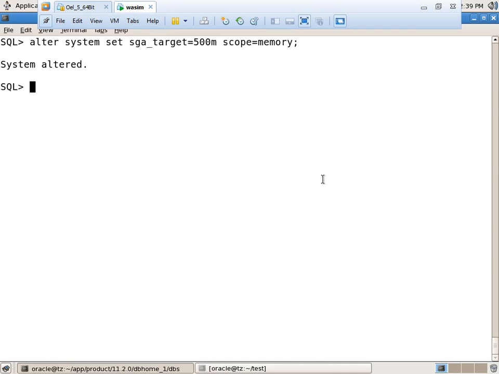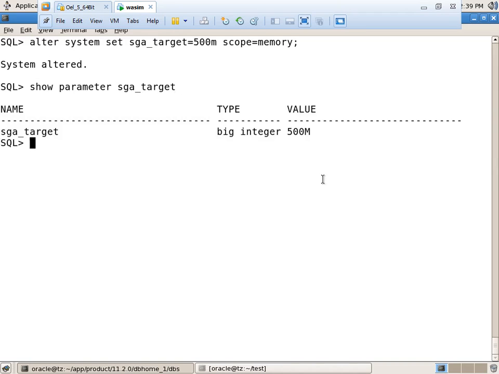Okay, now I am checking the value. Show parameter sga_target. The value is changed, right? Once we bounce back, which value will it take? The previous value, right? We mentioned scope equal to memory, which means only for the current instance. Okay, I am doing startup force. If you have any doubts, you can ask.